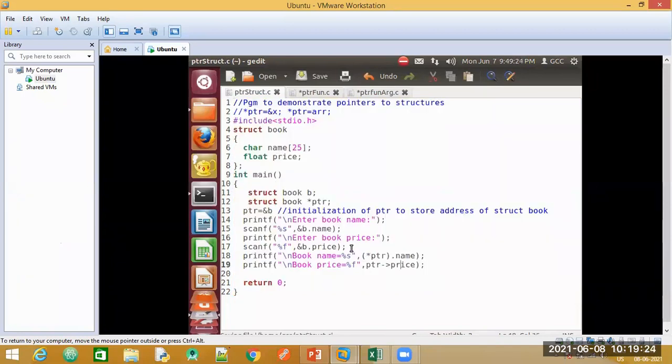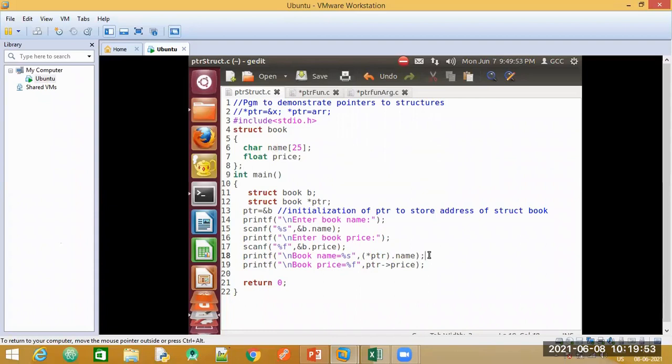Okay, till here we accepted the input. Next thing is I'm just going to print it. Whatever the user enters, I'm going to print it. Now since we have made use of pointers, like star PTR indicates a pointer, I'm going to access it with the help of the pointer. So in the brackets you have to write star PTR, that is your pointer variable name, give a dot operator, followed by which variable you want to access, name or price.